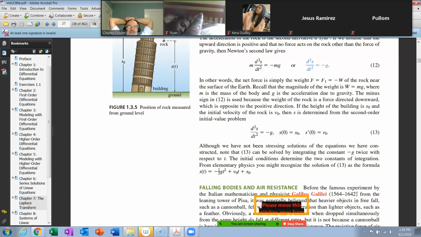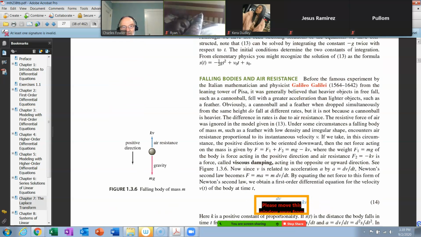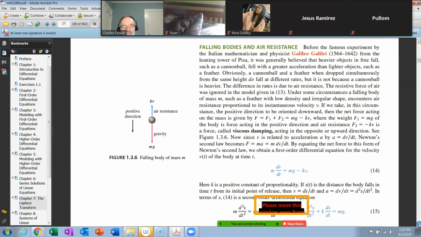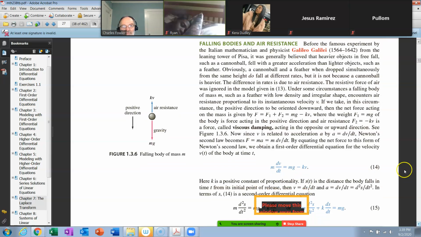And Newton, even though he was a baby then, by the time he got to, I guess, the age of accountability, when he was thinking on his own and stuff like this, he read a lot of Galileo and picked up right where Galileo left off and moved on from there. So here was Galileo. He mentioned that it was generally believed that heavier objects in free fall, such as a cannonball, fell with a greater acceleration than lighter objects. But